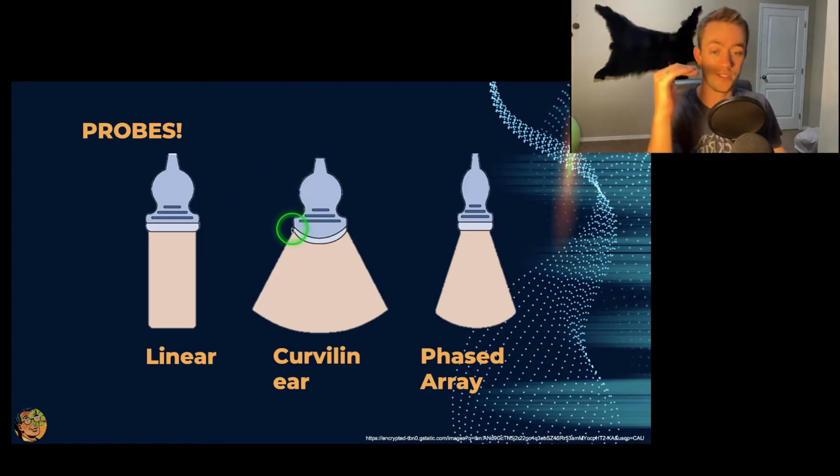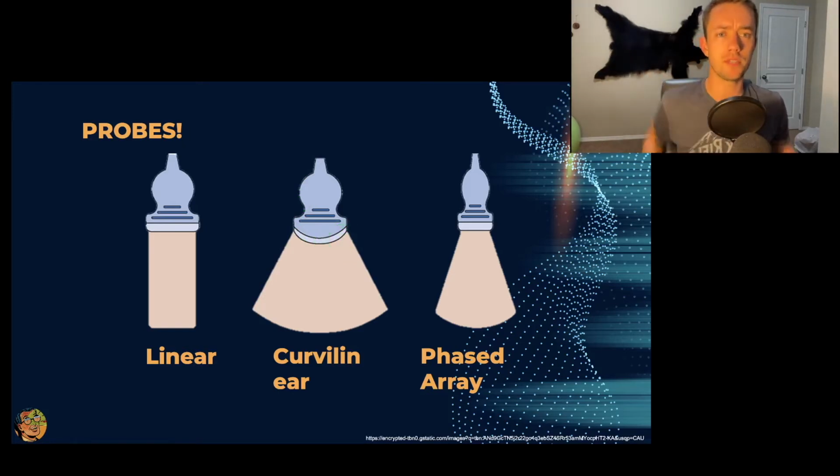Anyway, as you can see, it's a curved footplate. It's very wide, and it has a medium frequency, anywhere between 2 and 6 hertz. That's great for abdominal structures. We can see abdominal structures really well. This is what we use for obstetric